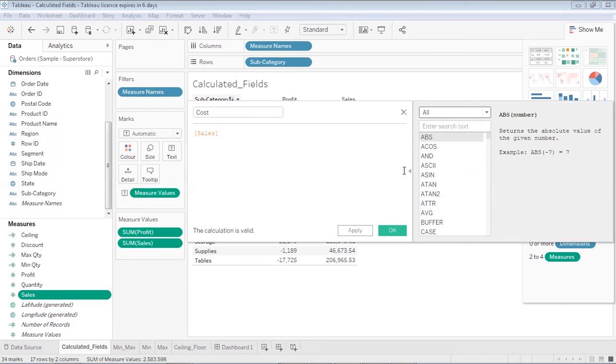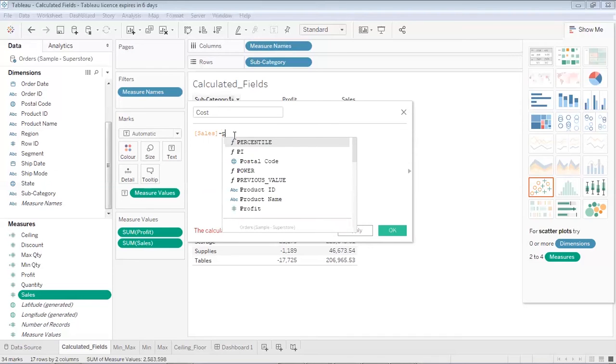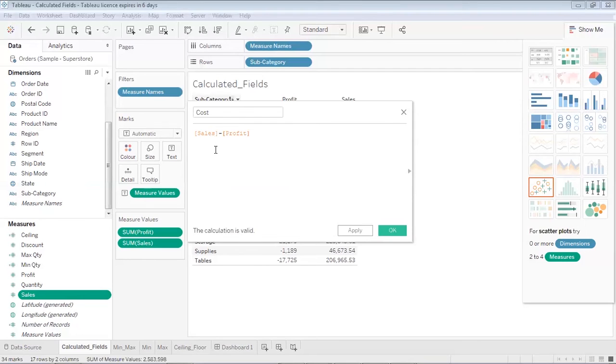As of now, we'll just be willing to calculate the cost. So for cost, what we'll do is we'll simply write sales over here. Whenever you write one or two letters, you'll be automatically prompted by this field which is there in our data set, the sales field. From the sales field, I'm going to subtract profit. When I write P, I automatically get an option of adding the field. So I'm subtracting profit from sales, and this will give me the cost.